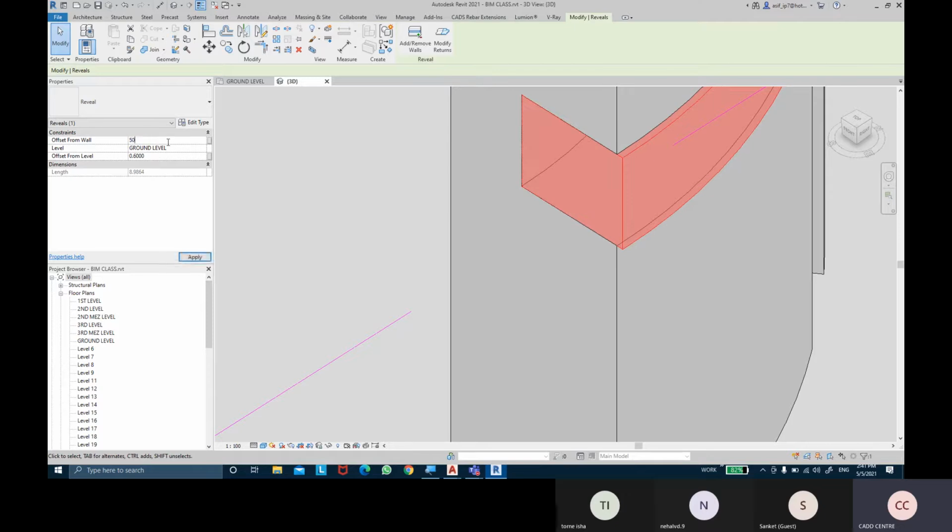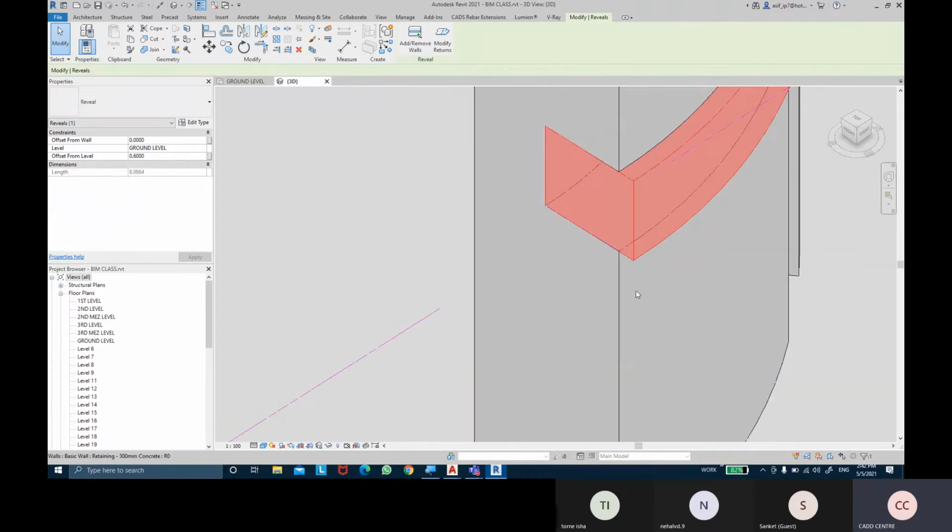If I say positive 50 mm, it goes in. So positive will pull in, and negative will pull out the profile. And if I say 0, it's going to stick to the outer ends.